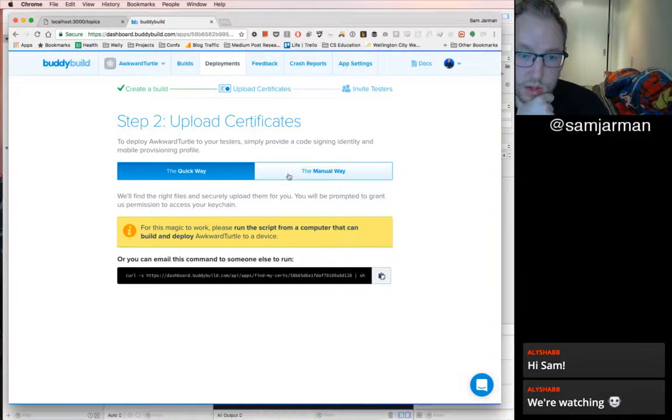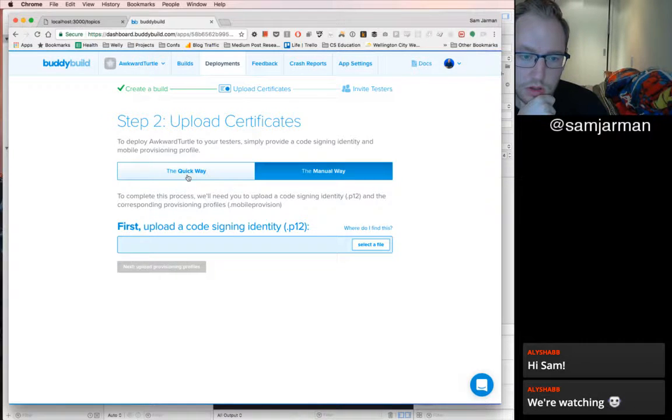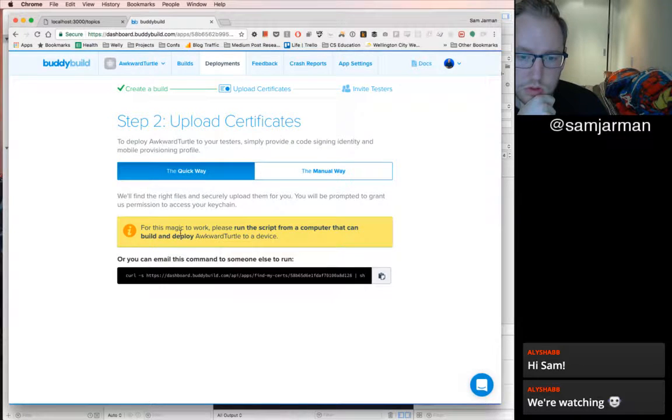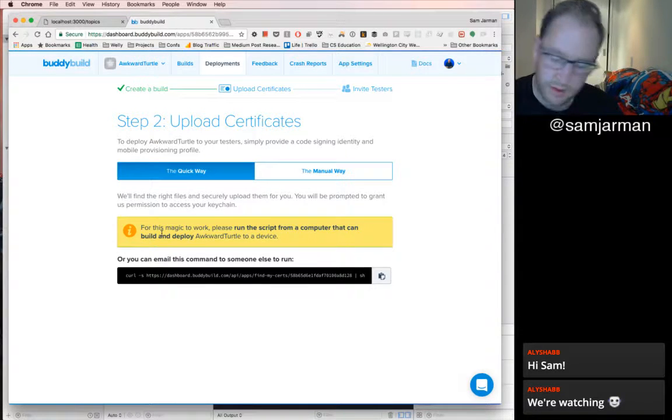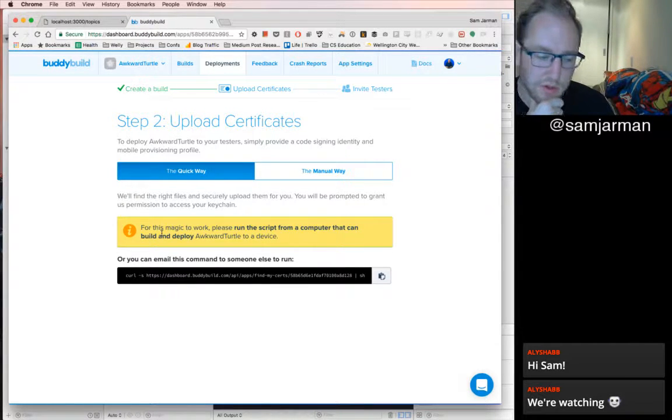The quick way. Cool. Well, I can't do that right now because I'm out of USB ports on this computer. But we can try that.